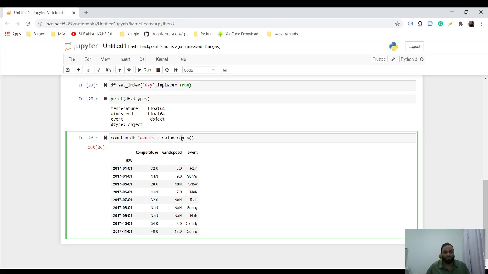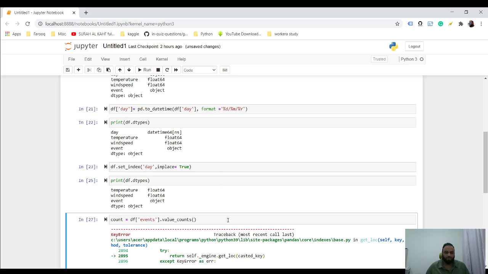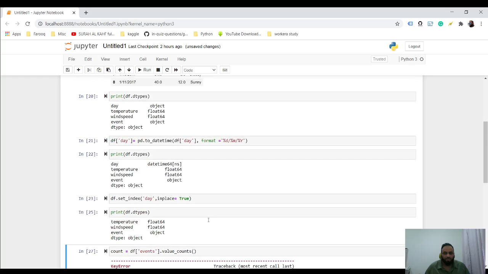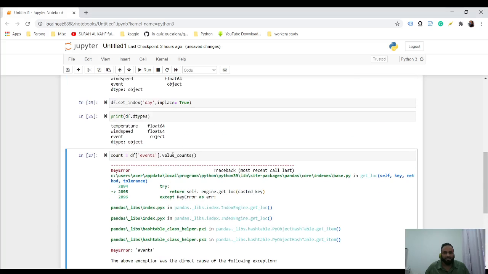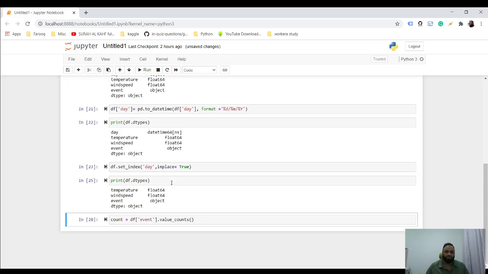So what this will do is it will return the values. So I think there's something wrong with what I've done. Okay, so I think the column name over here is event, and what we wrote is events. So that's the reason we got this error. So this should work. Now what we could do is just simply print this,